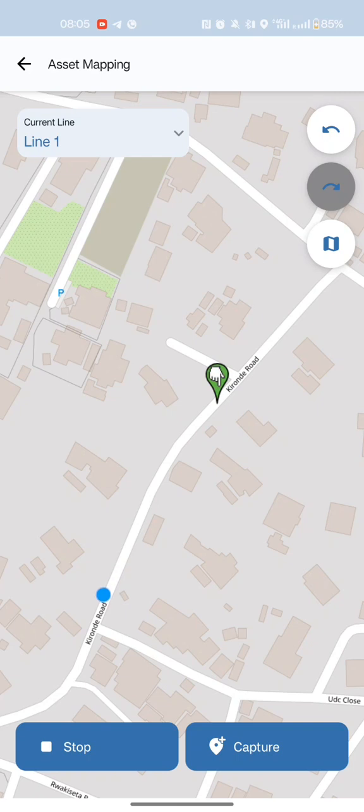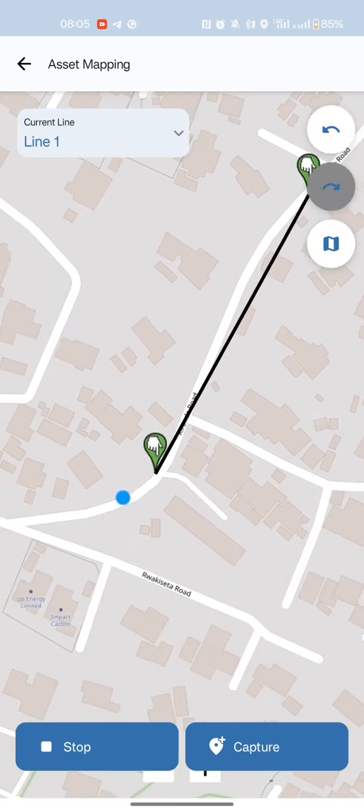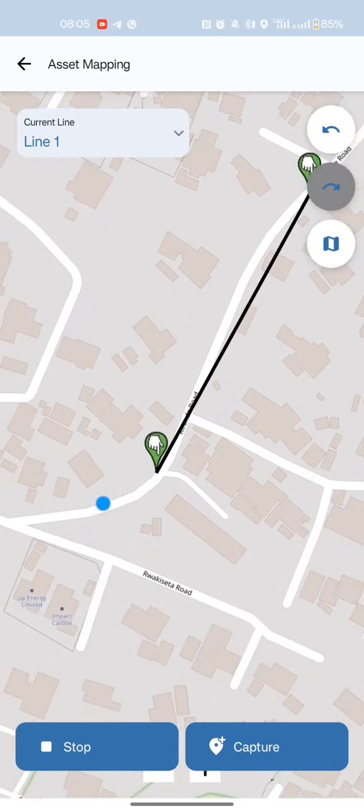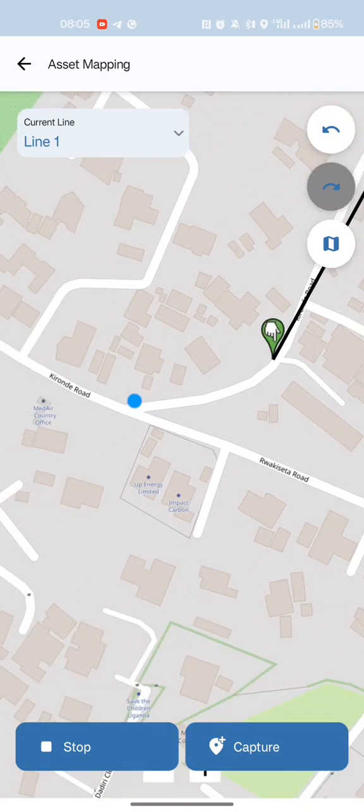Definitely you want to probably be in a vehicle so that you can capture the different sections quickly, as I am doing right now. So right about the corner, I would like to place a node there, and of course at that point that shows my asset is turning. So I'll tap capture to capture that point, then move on to the next point. On my next corner, I think I'll also capture another node. Capture there, then keep moving. I'll capture one more, then